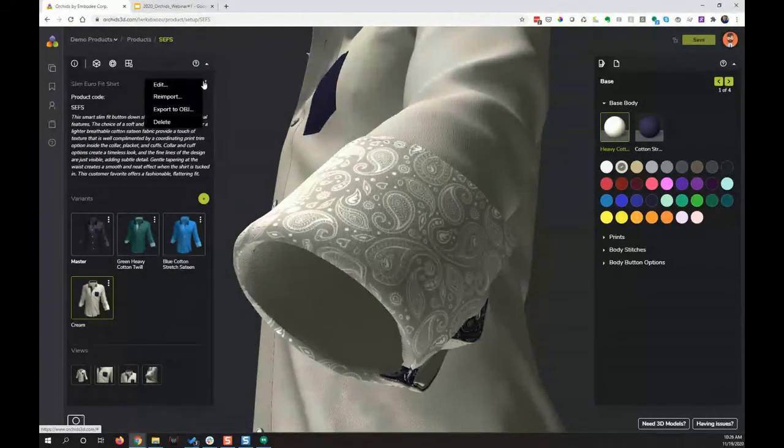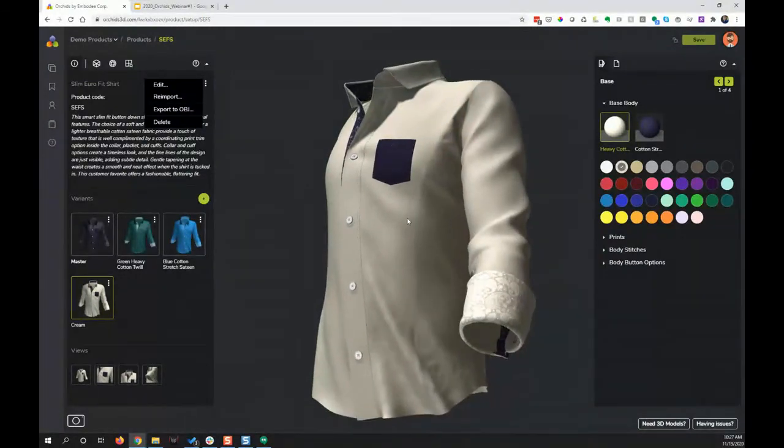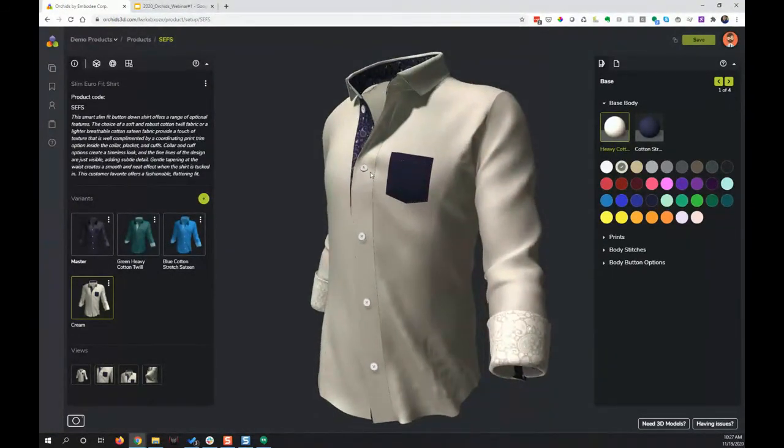The other thing I can do with a variant is I can download an OBJ file. So just simply going here and clicking on a variant, I can export to OBJ. This will download a 3D model along with its materials and colors along with it, so it could be used in other third-party applications such as maybe Keyshot, for instance, or maybe you want to use it as part of a virtual showroom. So we allow the exporting and the ability to get 3D assets out of the creation here within the design tool.